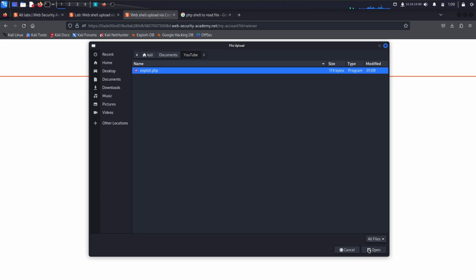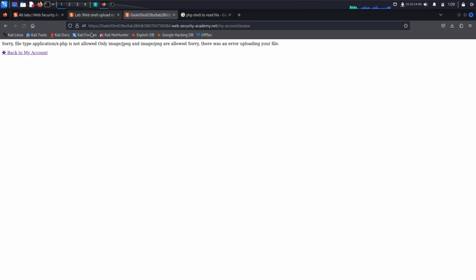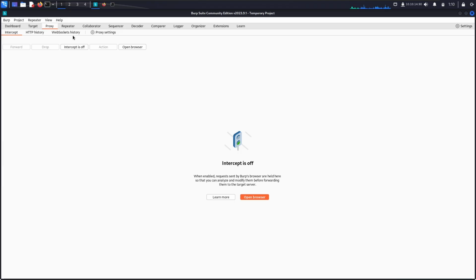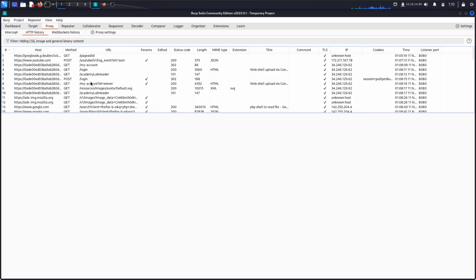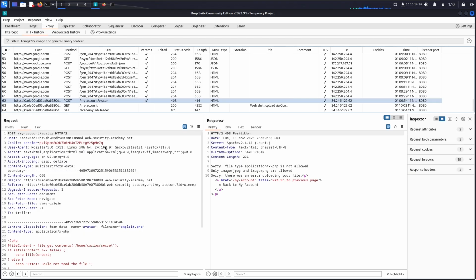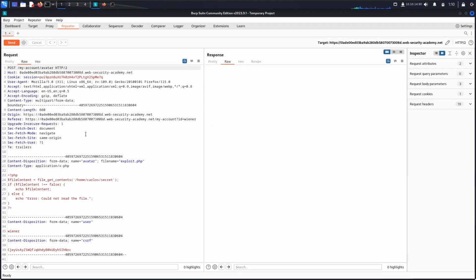So we bring our exploit file, we upload it, hit upload. Okay, so it's been uploaded. It says the file hasn't been allowed to be uploaded, right? So what we do, we go back to our main page, go to the proxy tab, HTTP history, and find that POST request where we basically posted the file. So here we just send this to our repeater, and then you can see that it says it's not possible